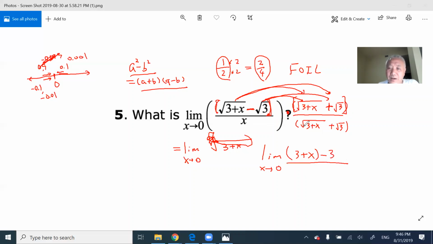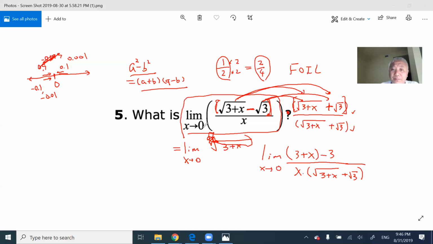Over the bottom one, we just have x times by what? Square root 3 plus x plus root 3, like this. You know why we need to times this one on the top and this on the bottom? The reason for that is this, because at the beginning, if you look at the original question here,